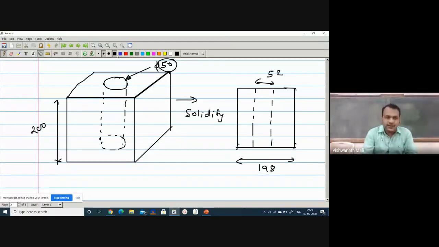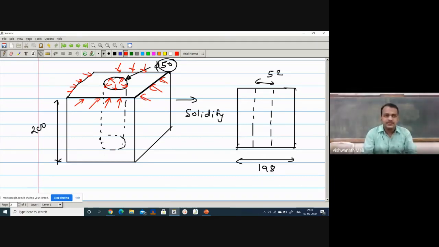That's the first thing. And if you take the logic here, when it shrinks, it will shrink in this direction, because this is the outer surface. It will shrink from all these sides, if suppose it was solid. Now here there is a hole inside this. So how will the shrinkage happen? So this hole diameter will increase when it solidifies. Remember that.